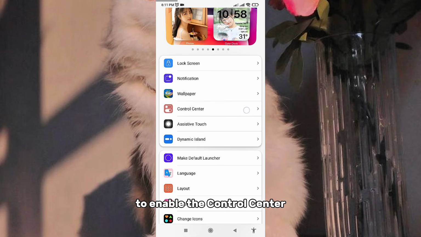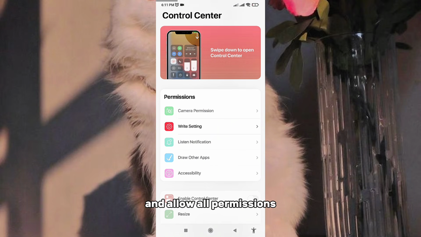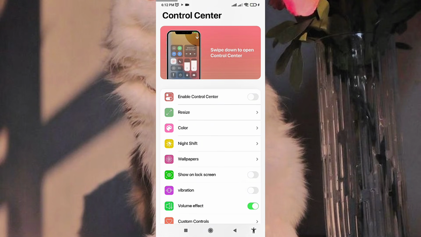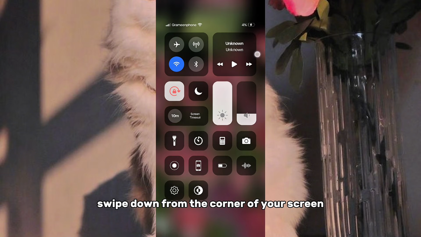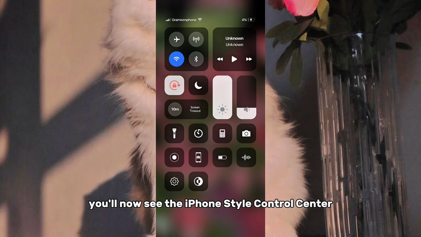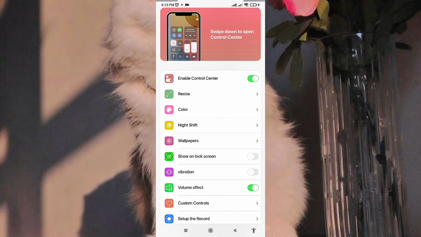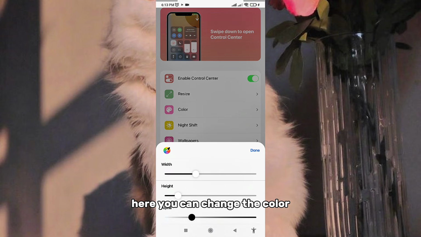To enable the Control Center, go to the Control Center option and allow all permissions. After enabling it, swipe down from the corner of your screen. You'll now see the iPhone-style Control Center. Here, you can change the color,